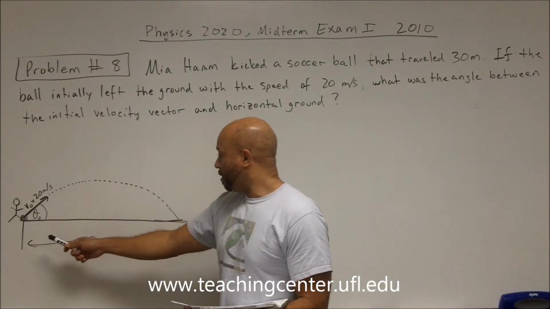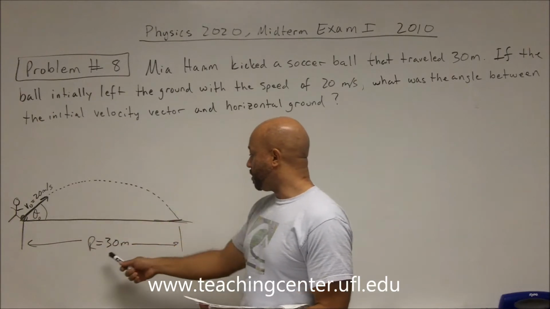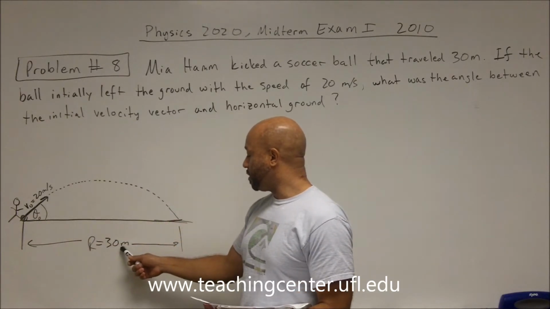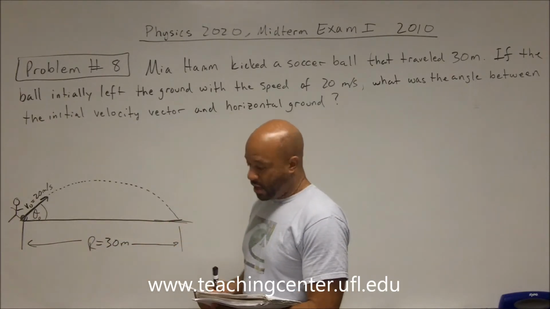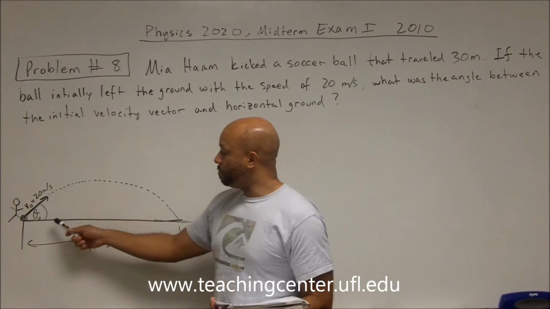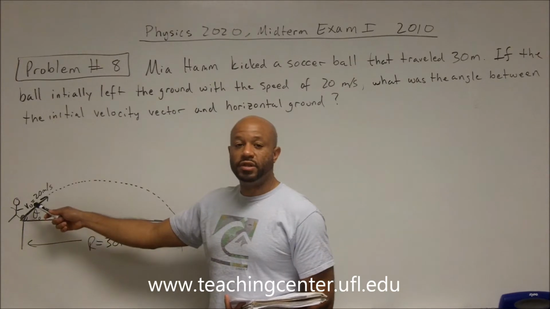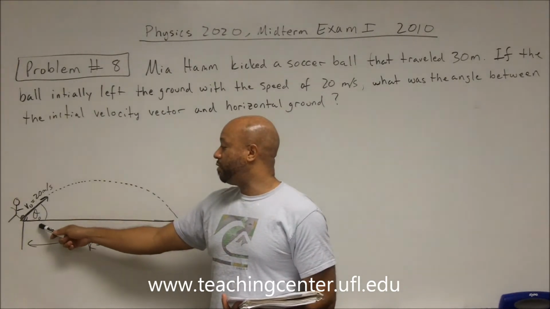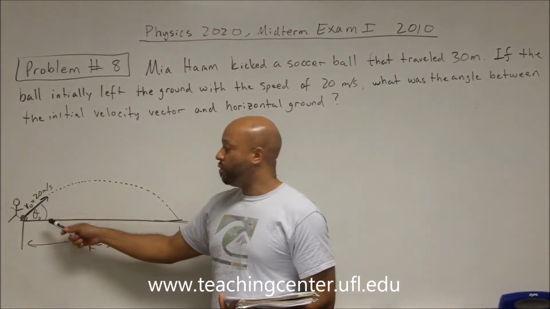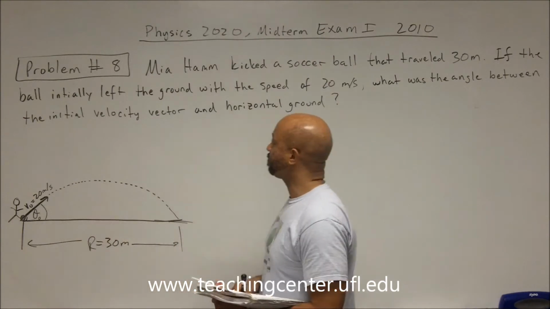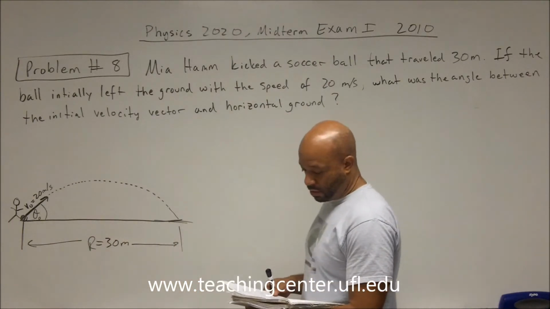we know that the ball, once it was kicked, traveled a distance of 30 meters. And the problem is asking us to determine the angle between the velocity vector and the horizontal ground when this ball was initially kicked. All right, and so